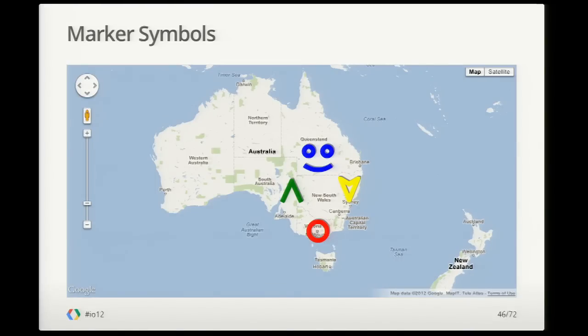Another new cool feature for doing custom markers that was only launched at I/O yesterday is marker symbols. This allows you to draw markers dynamically using any SVG path and have them be more interactive and more responsive than you can with a standard marker image. There was a great talk yesterday on this called Advanced Maps Visualization, and I encourage you to check it out